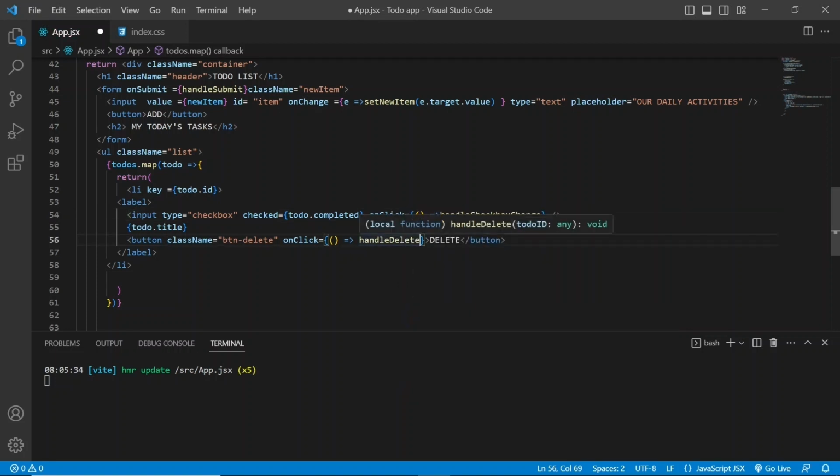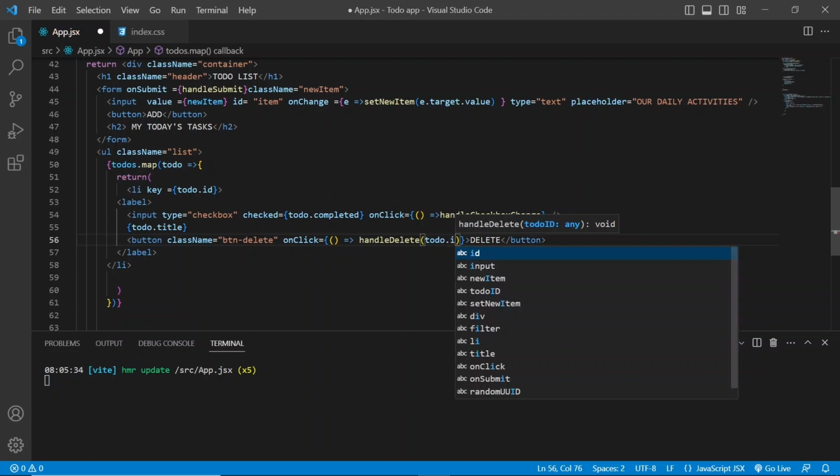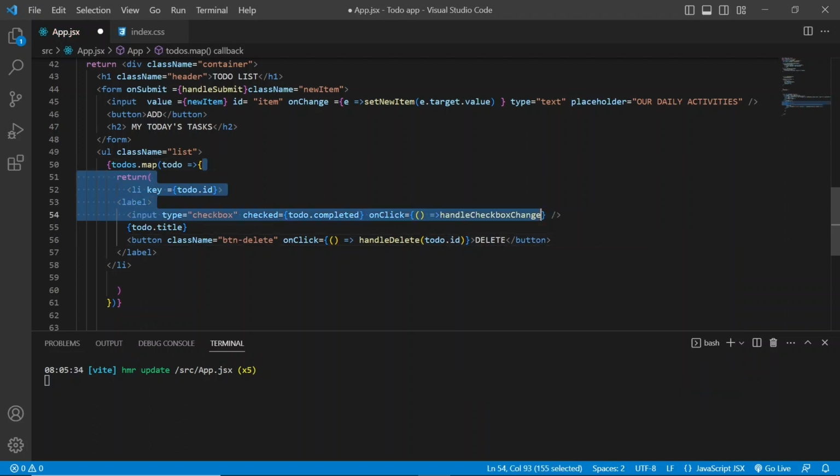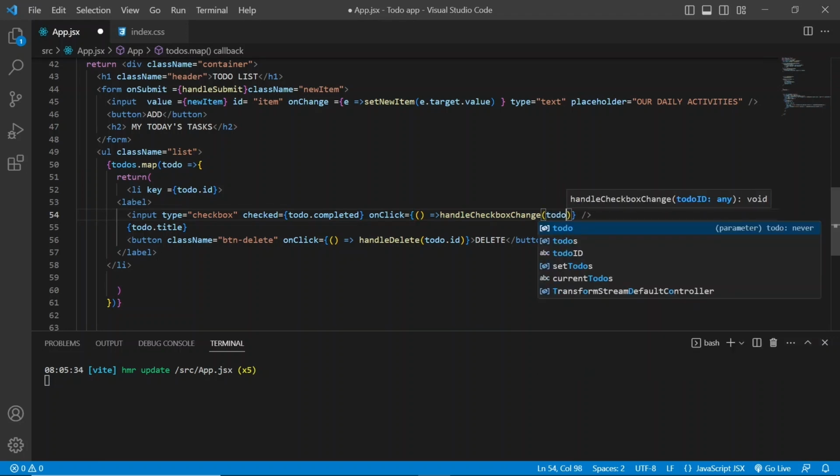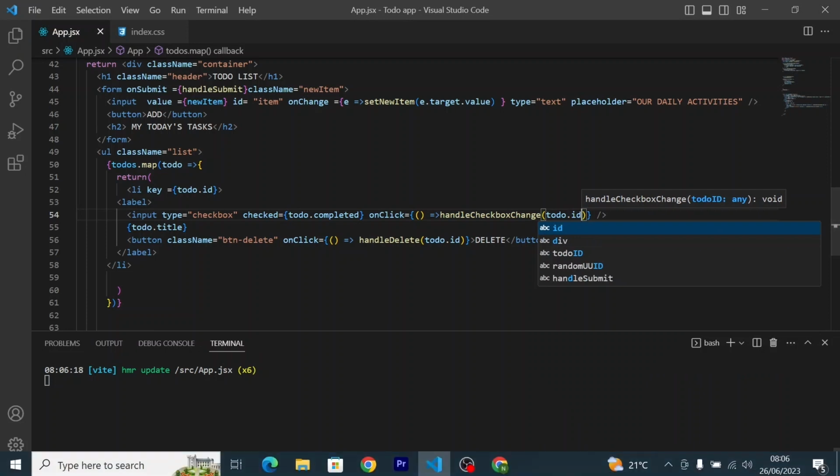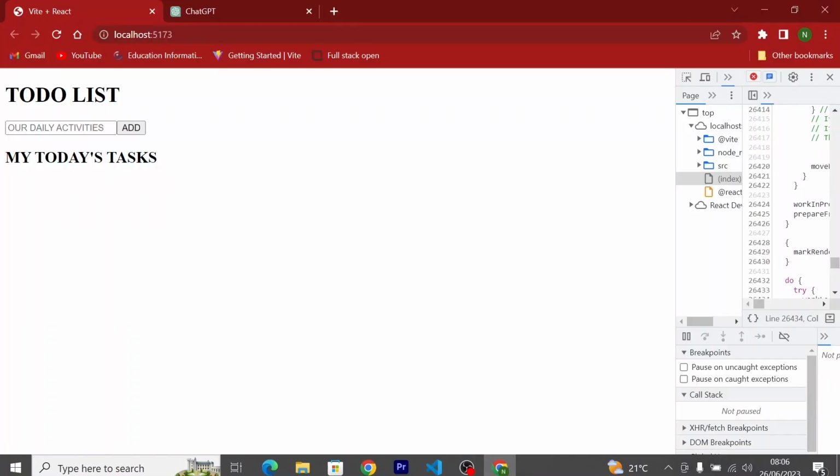So when you go here and add to do dot id, and also here we add to do dot id, control save, and when we go back here